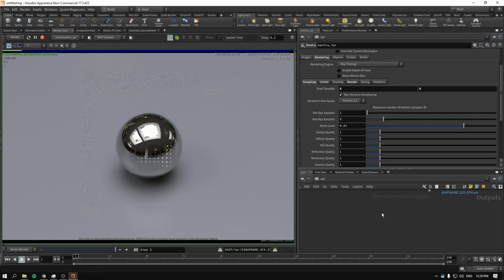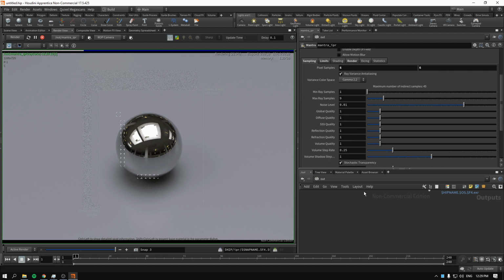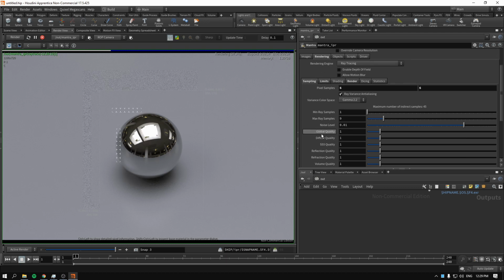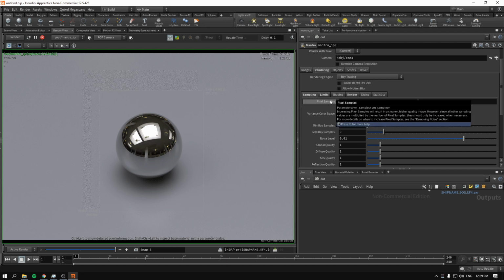Now, think of it this way. For now, we are shooting 6 by 6, which is 36 samples from our camera per pixel. Previously, we were shooting 3 by 3, which is 9. So this is a square difference. 3 by 3 is actually 9, and 6 by 6 doesn't make it twice as long. 6 by 6 is 36. So 36 divided by 9 is 4. So essentially, it makes 4 times the difference of the compute power. So we are shooting 4 times the rays, and it can result in 4 times the increase of the rendering